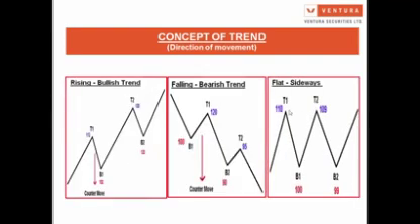And in this example you see that T1 and T2 both are almost quoting at the same level, and bottoms B1 and B2 are quoting at the same level. That's why we can say that this is a flat trend where price is not moving upward or downward and is moving in a narrow range.